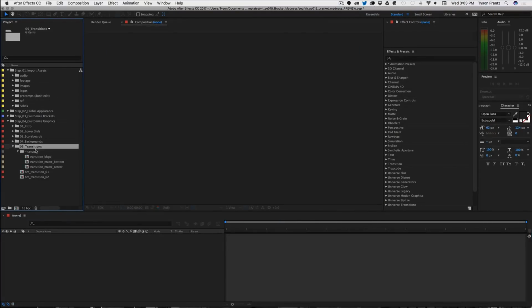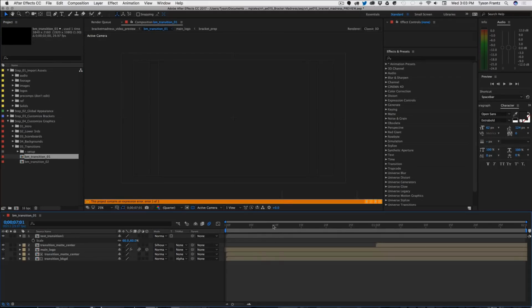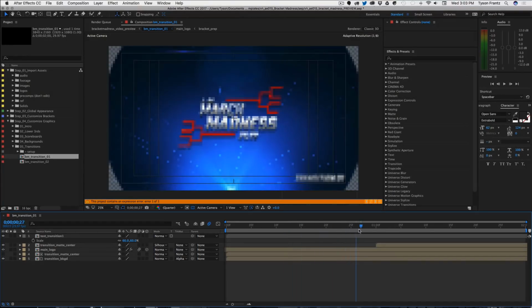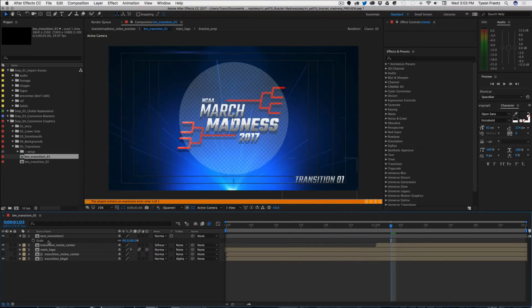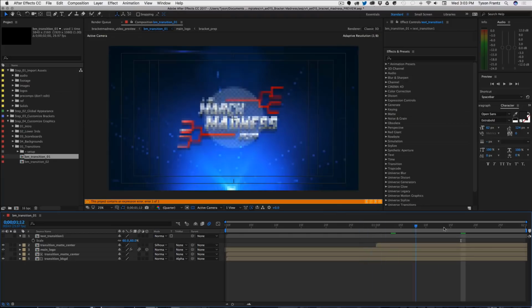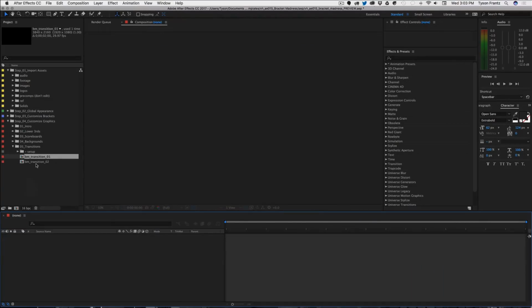And then finally, folder number 5 is the transitions. There are 2 transitions in this project. One is a center wipe with the logo that kind of builds on. Obviously, this transition text won't be there. That was there for the preview. And then it wipes away. And then transition 2